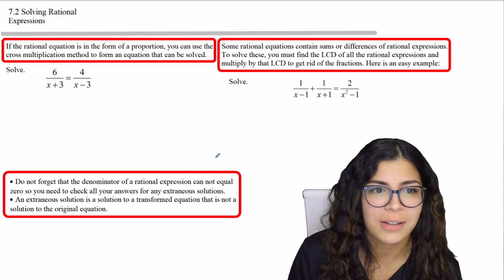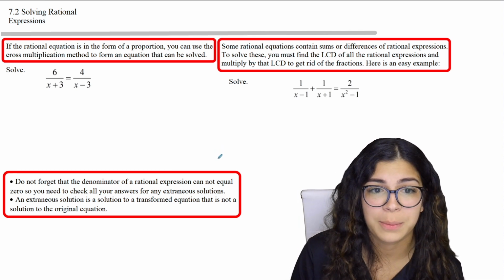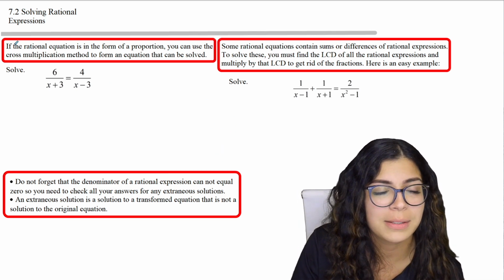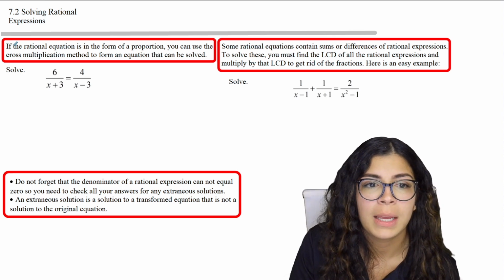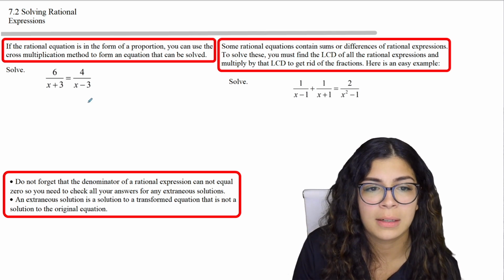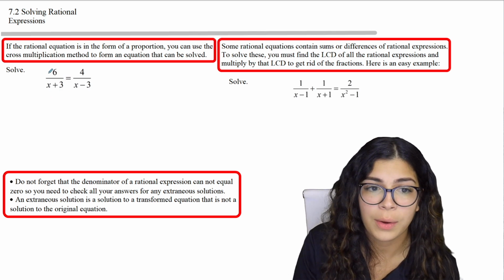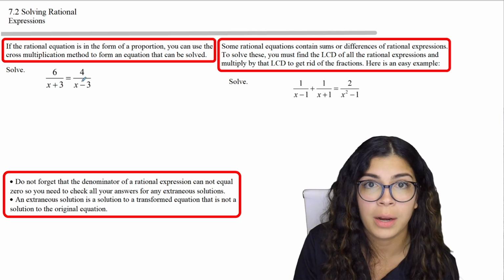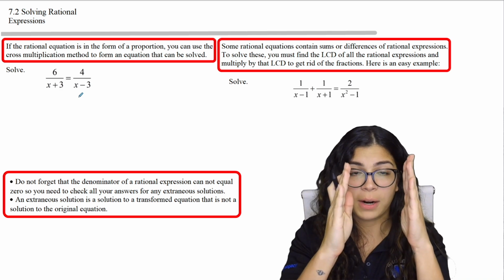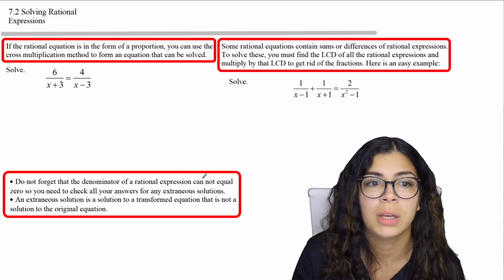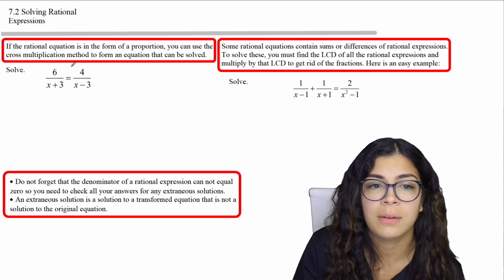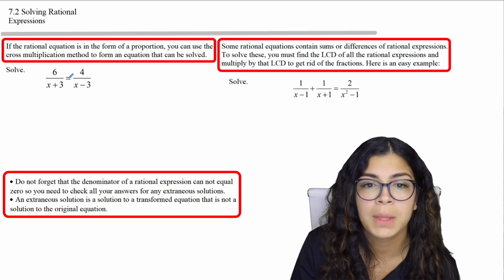So in this video, we're going to talk about solving rational expressions. Okay, so a few key points to start. If a rational equation is in the form of a proportion, a proportion is when you have one fraction equal to another fraction, so just one fraction equal to one fraction, then you can use the method of cross multiplication to